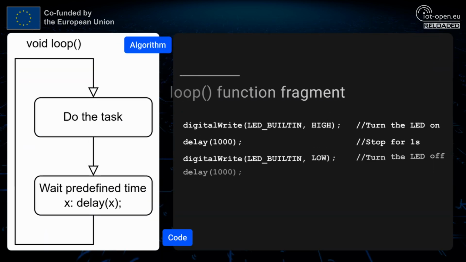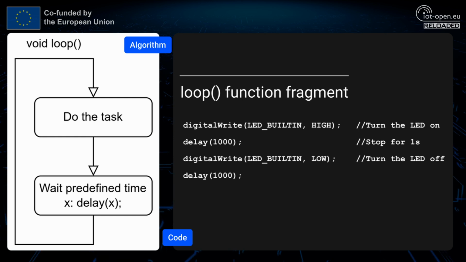A very basic concept presents a blocking execution of the loop function using a delay function to stop the execution of the program flow for a specified amount of time. This code is a kind of hello world example that flashes a built-in LED every 2 seconds. While this approach is simple and suitable for elementary tasks, it is very inefficient in terms of code flexibility and